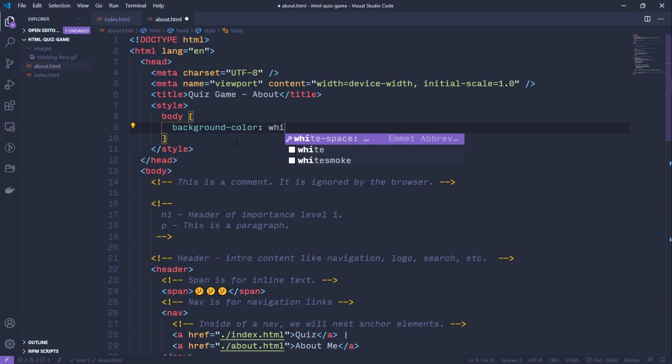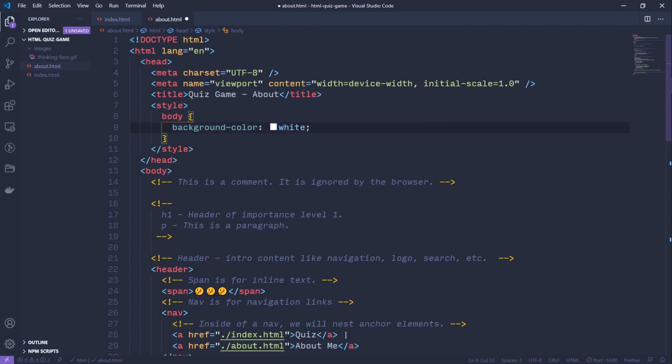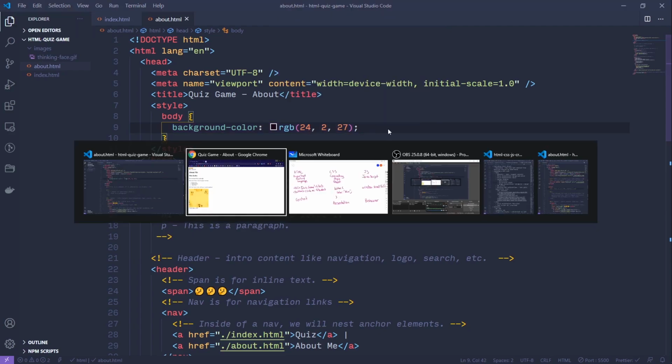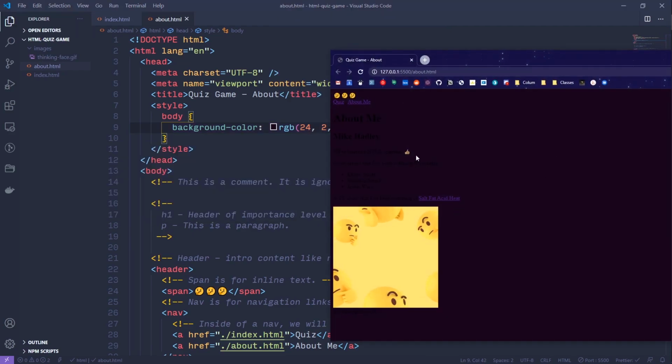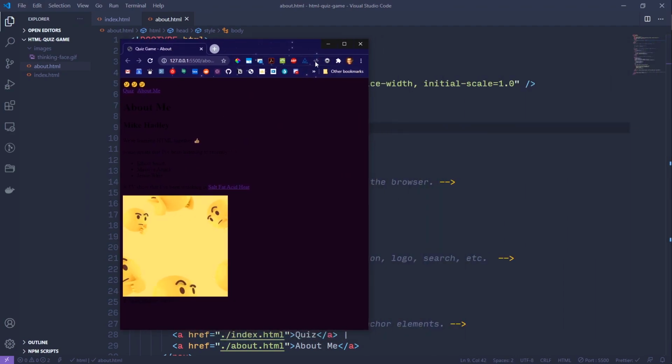since Visual Studio gives us the ability to have a color picker, I'm just going to type white to get a color in there, so Visual Studio will recognize it. And then if I hover over this word, I get a color picker where I can change the alpha, so the transparency here, and I can also use the slider to change the color. So let's maybe do a really dark purple, and then save it, and we'll see our page re-renders. So now the body, the background of the whole page, let me resize this so it's a little bit smaller,